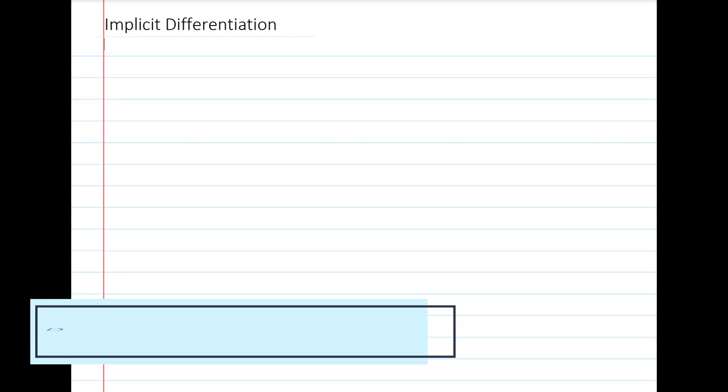Alright guys, in this section we're going to be discussing implicit differentiation and what it means to find the derivative implicitly. But first we need to discuss what implicit and explicit functions are. Okay, so as an example, if you remember a reciprocal function, 1 over x, this function that is very familiar